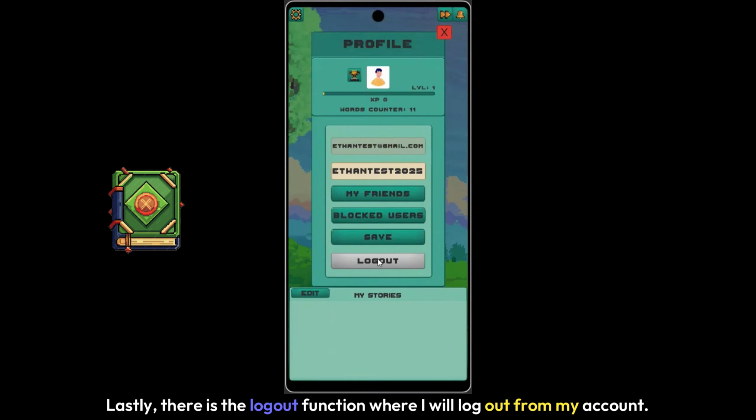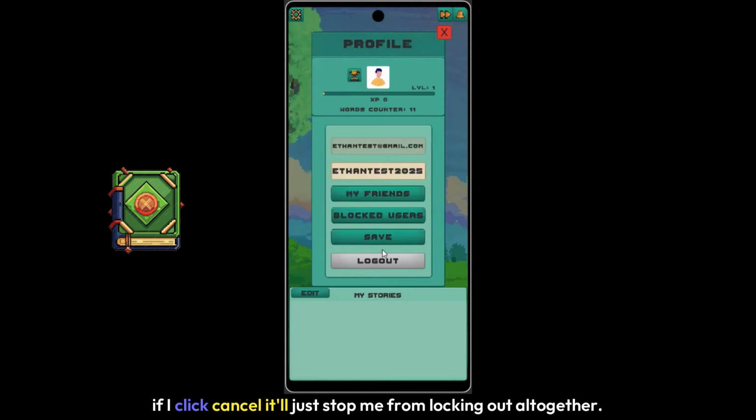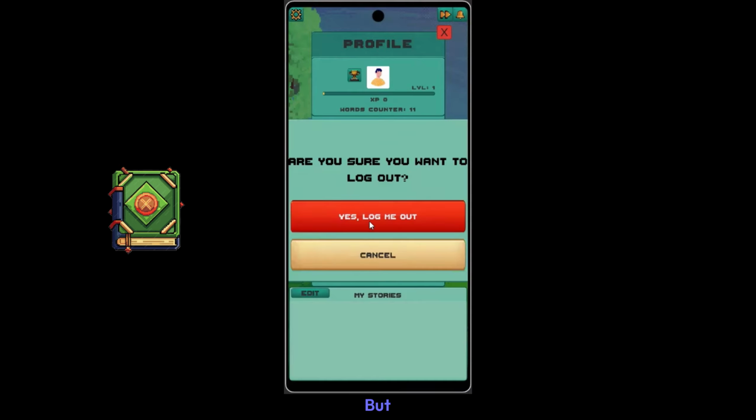Lastly, there's the logout function, where I will log out from my account. It asks me if I am sure I want to. If I click cancel, it'll just stop me from logging out altogether. But if I click here, I will be logged out from